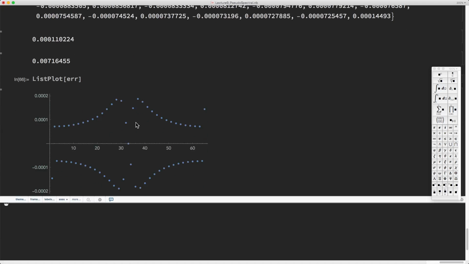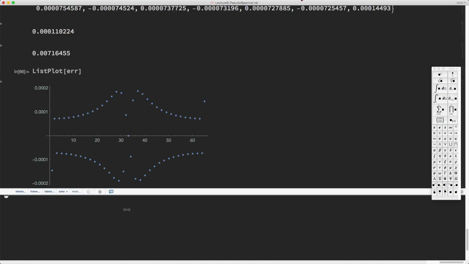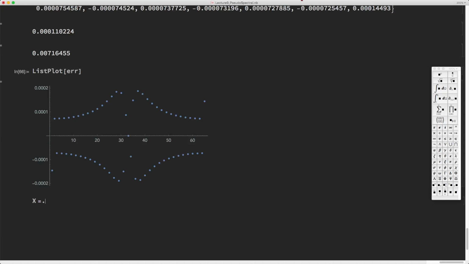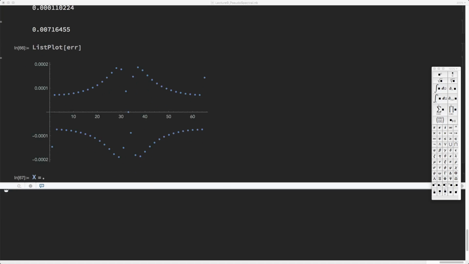And what is actually more informative is to do a convergence study and see how the error drops as the number of grid points increases. So let's try and do that. To do that, let's first clear this definition of x. So x equals dot clears the value of x. And then